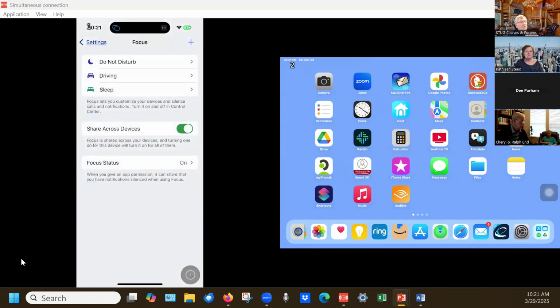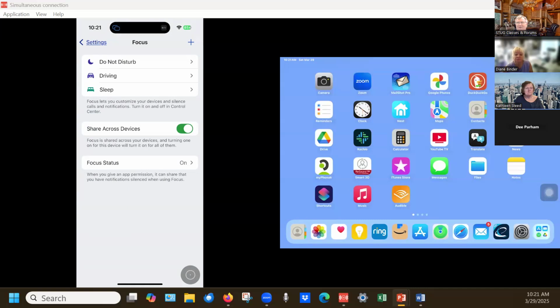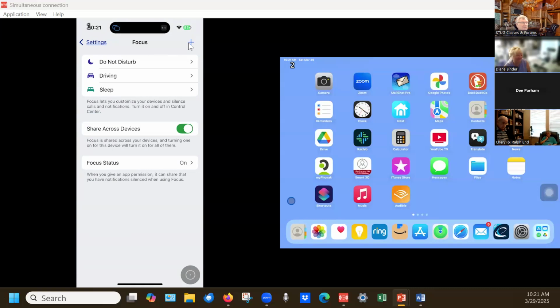And there are the ones that are already set up for you. We've done this before. I bet you could tell me how we could add a new focus. I like Bill's driving one that you have there, because when you're driving, it's easy to. The plus sign. Yep, the plus sign. Right there's the plus sign. If we tap the plus sign,